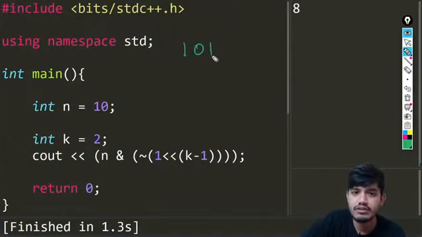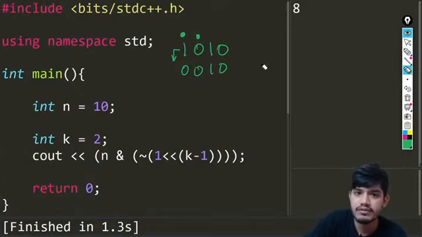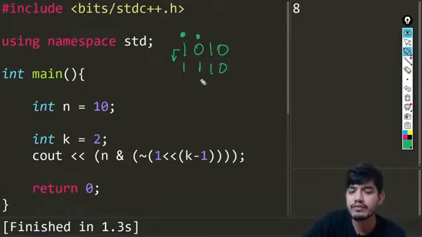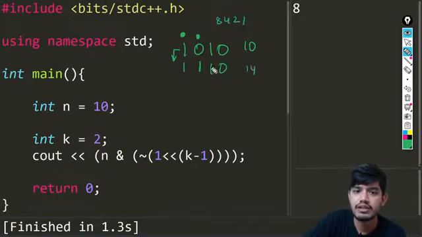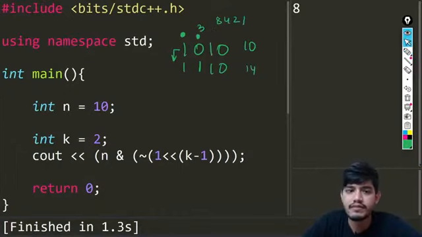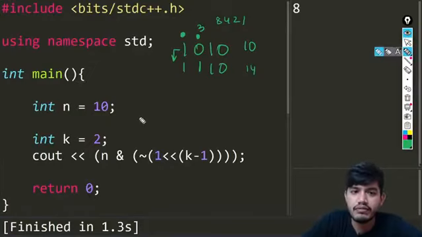So suppose we have 1010, and we just want to toggle this. If it is 1, it is going to be 0, so this will become something like this. And for this, this 1 will remain 1, and this will become 1. Let us try to do the example. So see, this is 10 and what is this value? This value is 14. Let us see what happens if we set the k value to 3. So let's see how we can do that. The operation is very simple.